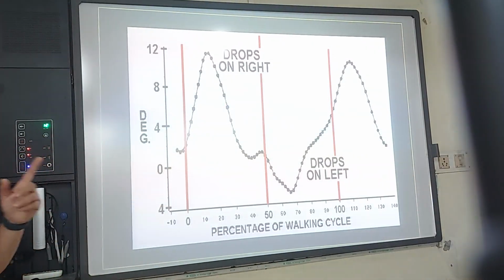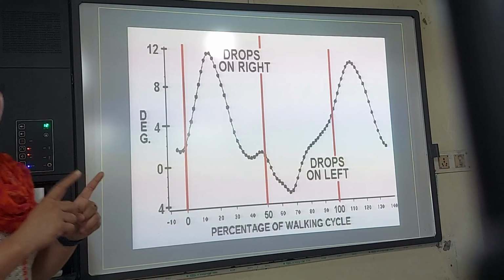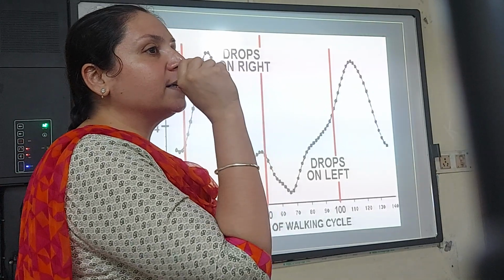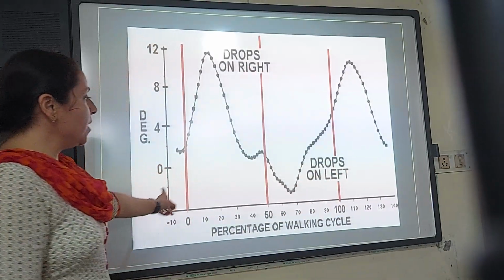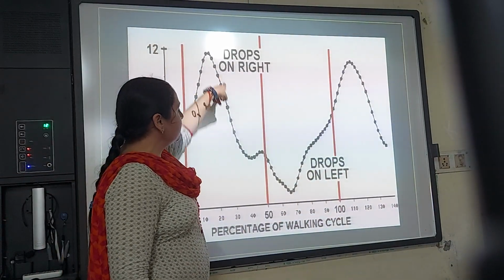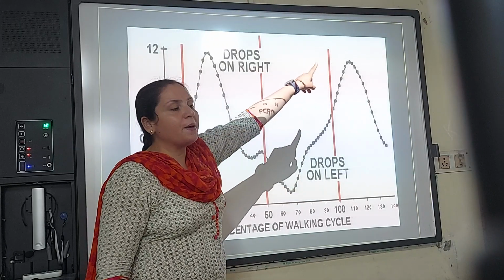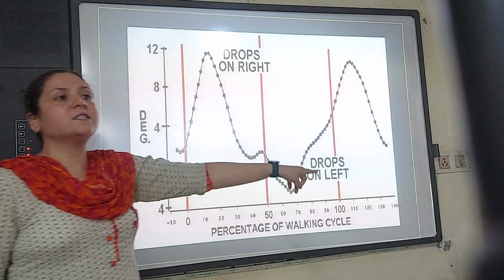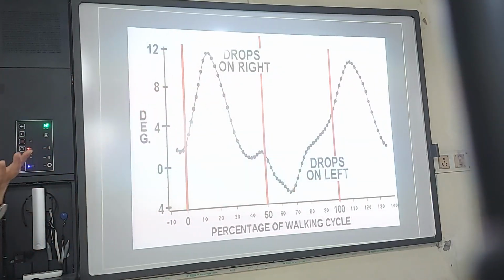When you see it in a frontal plane and you plot pelvic tilt, it will show you in a gait cycle where it is rising and the opposite side is dropping, and then again it will rise and the opposite side will drop. So what do we do? How do we get this?